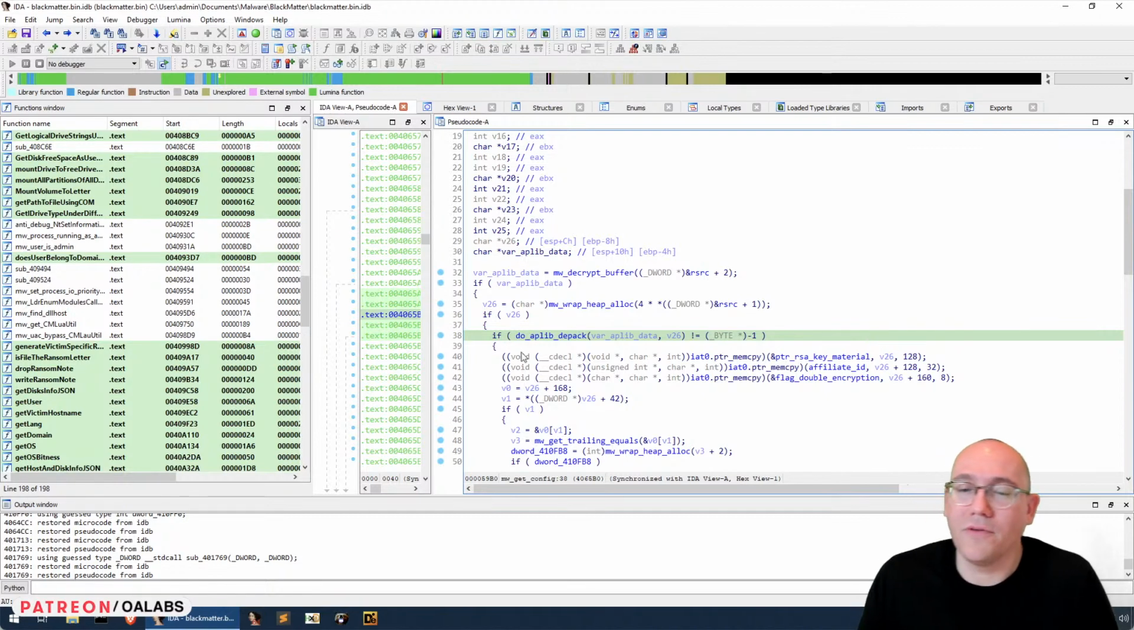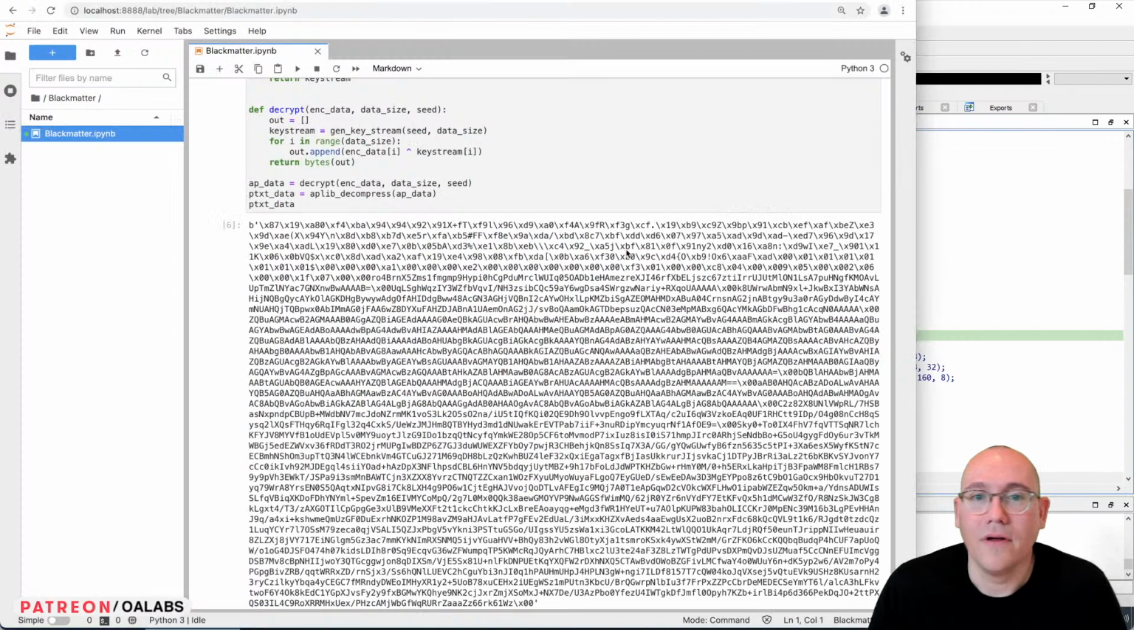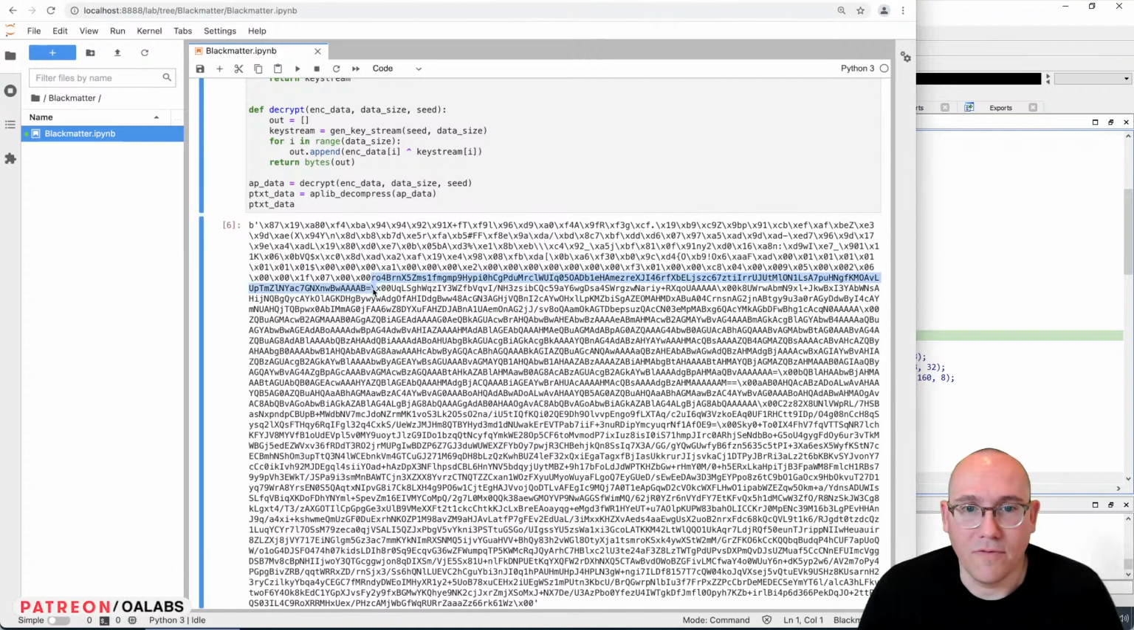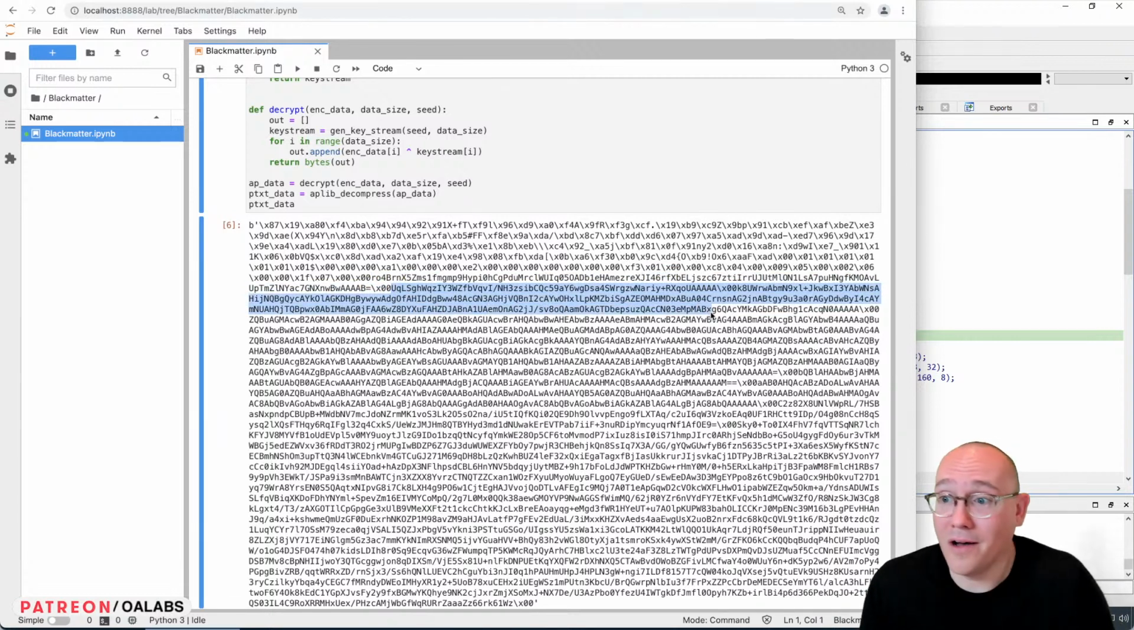Okay, so once they do the APLib decompress, you have, let me show this here. So hopefully the font is good for you guys. So we basically have what looks like a bunch of binary here, and then we have a bunch of base64 separated by null bytes, right? So this is looking a lot more